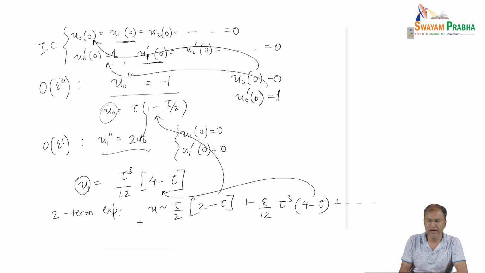Now, this is a problem we had initialized in one of our previous modules, where we had introduced the characteristic length scale and the time scale, non-dimensionalized with respect to those scales, and arrived at this differential equation. And now we have solved this differential equation correct up to two order terms, order epsilon terms. So now let us go back and write down the dimensional version of the solution. So in dimensional variables,